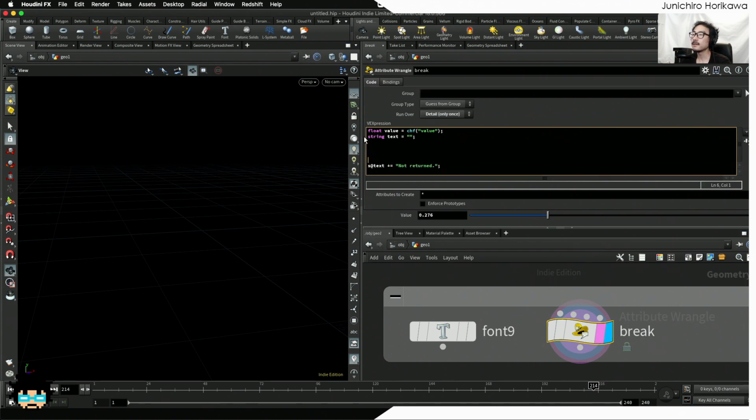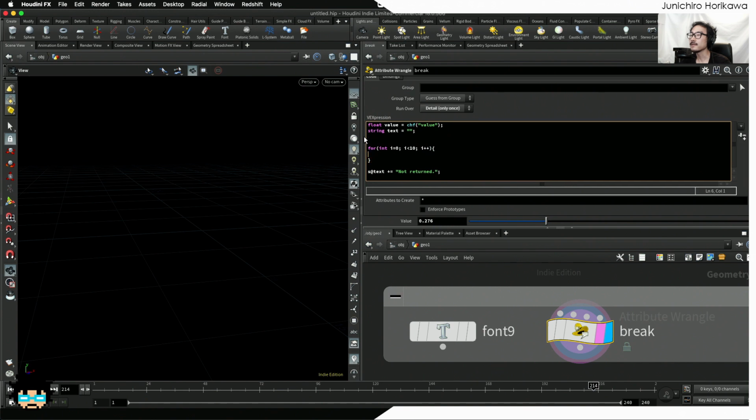Now I'm going to say for int i equals 0, and i runs until 10, and increment i by 1 at each iteration,